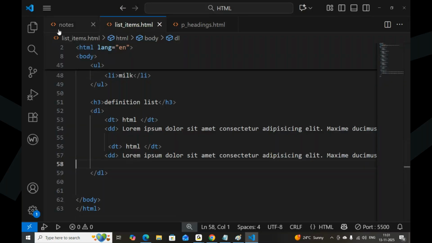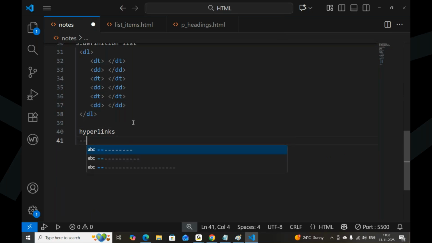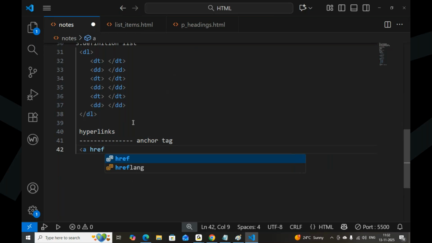Let me go with hyperlinks then. Hyperlinks. Anchor tag. href something.